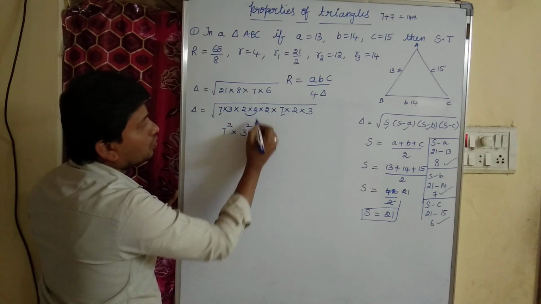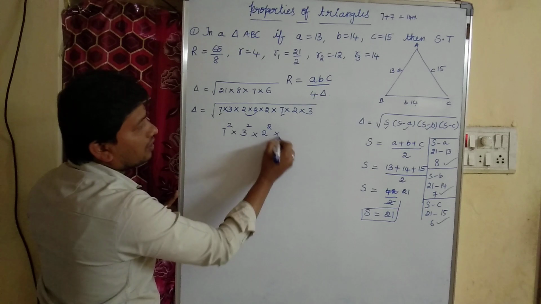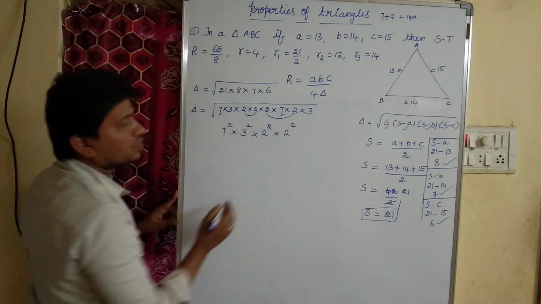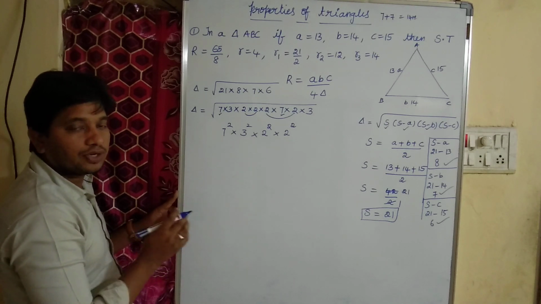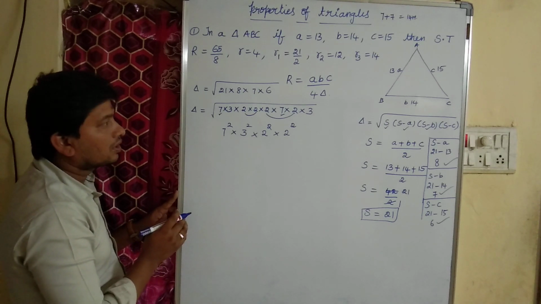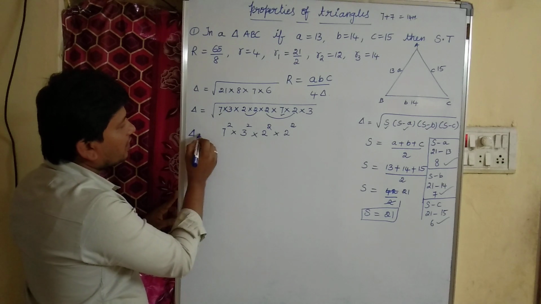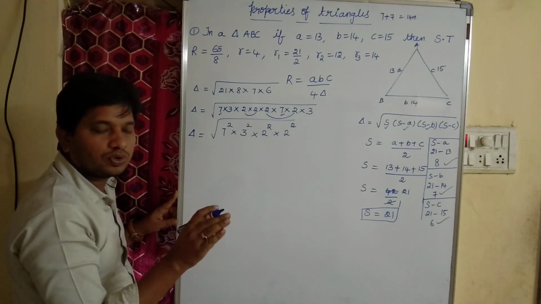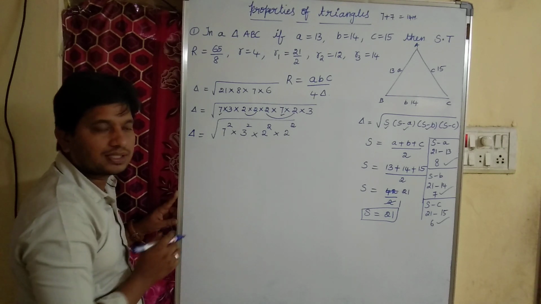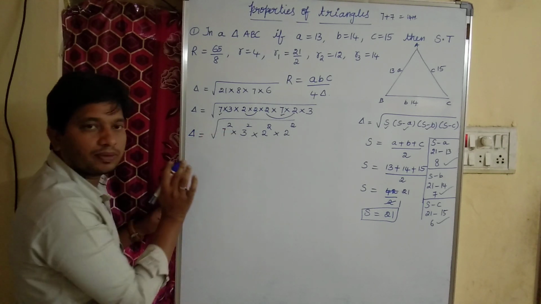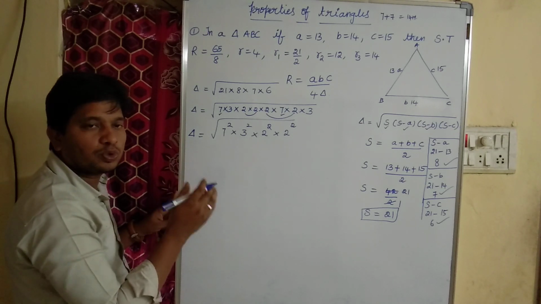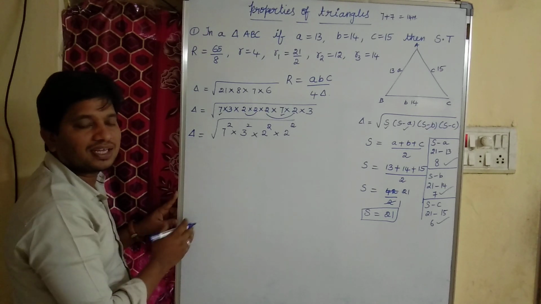Then 2 is repeating 2 times, 2 square. Again 2 is repeating 2 times, 2 square. Students, are you understanding what I am doing? As per actually we have root over, we know that square root 2 and root will become cancelled. Square number root will become cancelled, right? So as per our convenience, every number repeated 2 times, we can easily cancel.